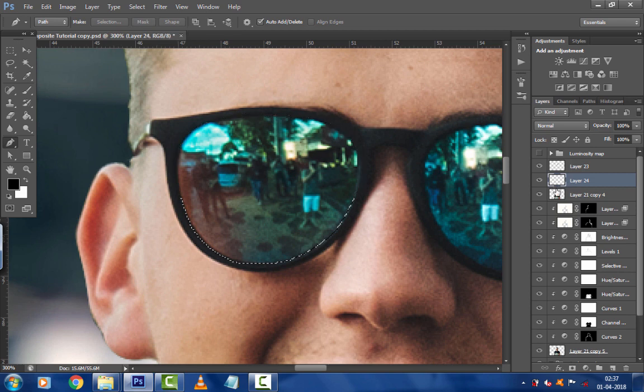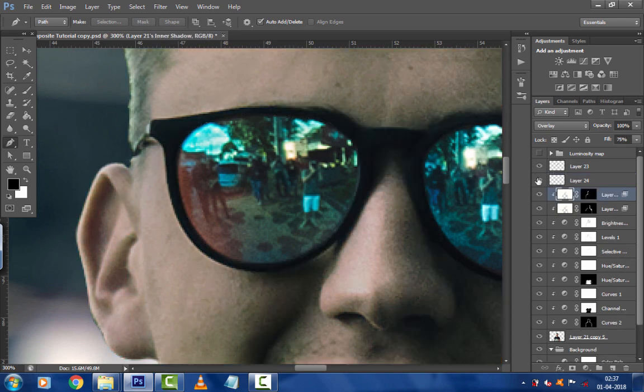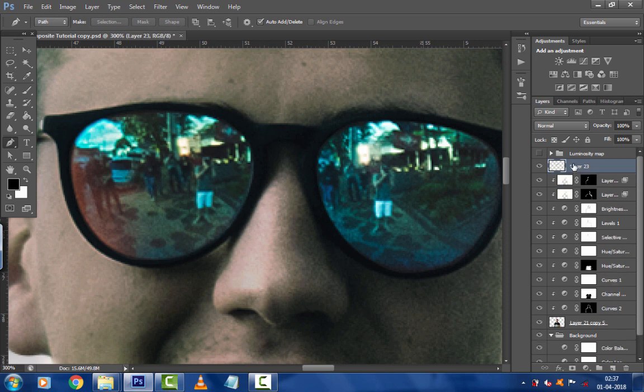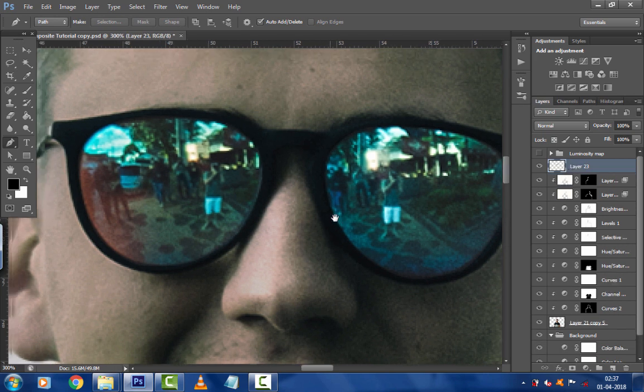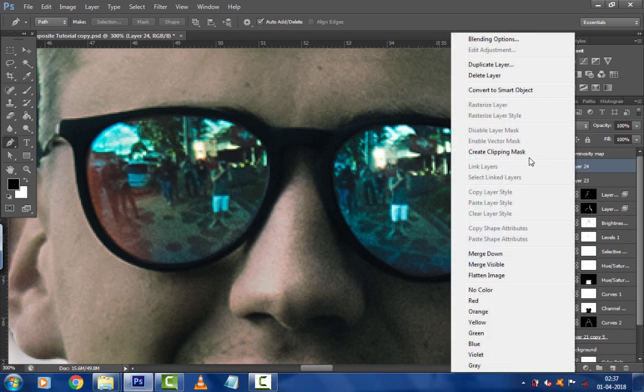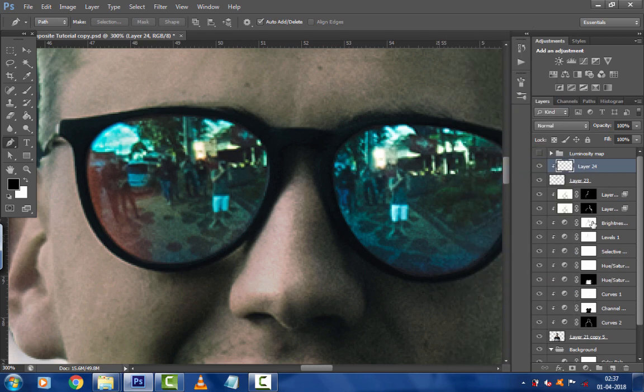Control C, Control V. Now delete this layer. Merge these two layers. Control plus E to merge it and create a new layer. Right click, create clipping mask on it. Select the brush tool and set the opacity to 100% and just